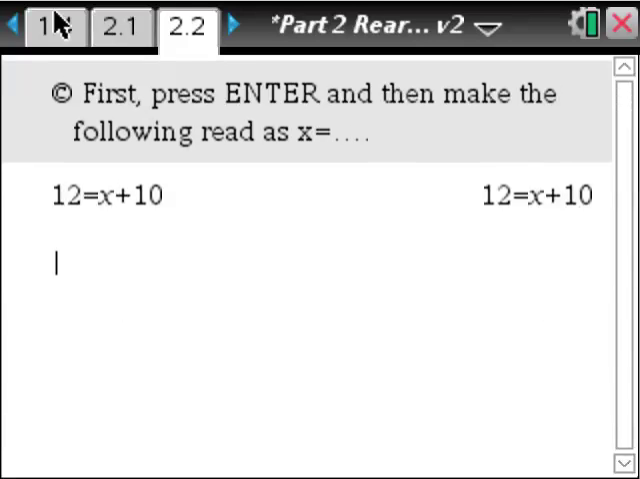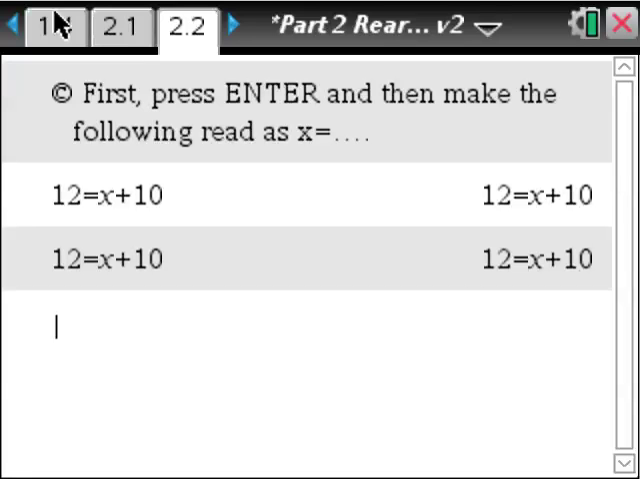If we go to the next page, page 2.2, again, all I would simply type to solve this particular equation is press subtract and then 10. It automatically inserts the word answer. What I need to do first, and this is what your students will forget to do, is press enter first to resubmit the equation. Now I'll do subtract 10, press enter, I get 2 equals x, but we normally write that